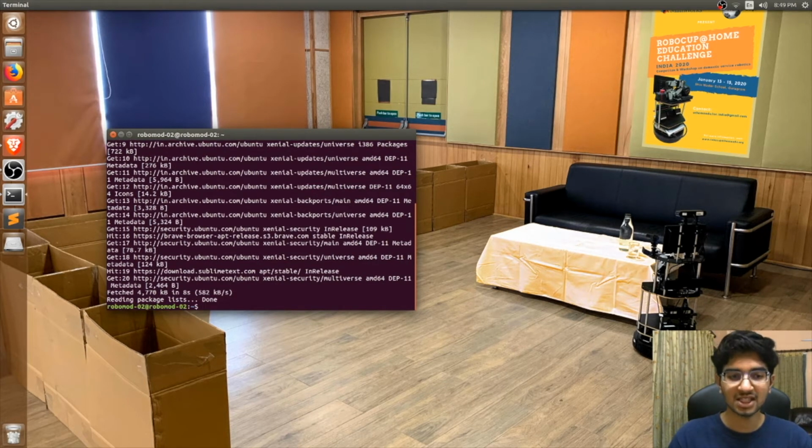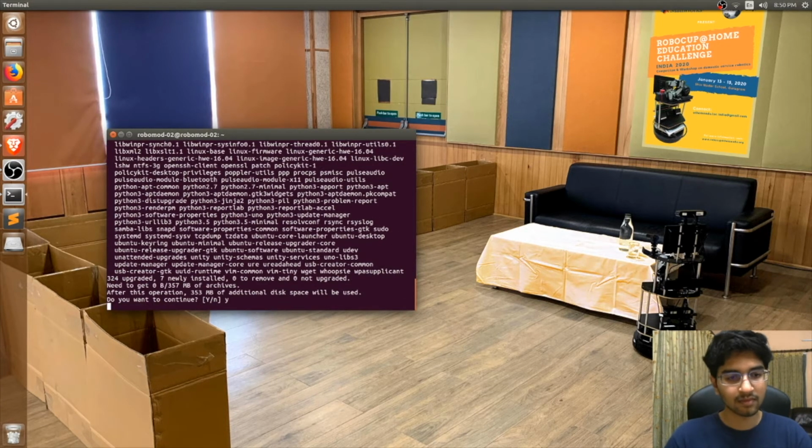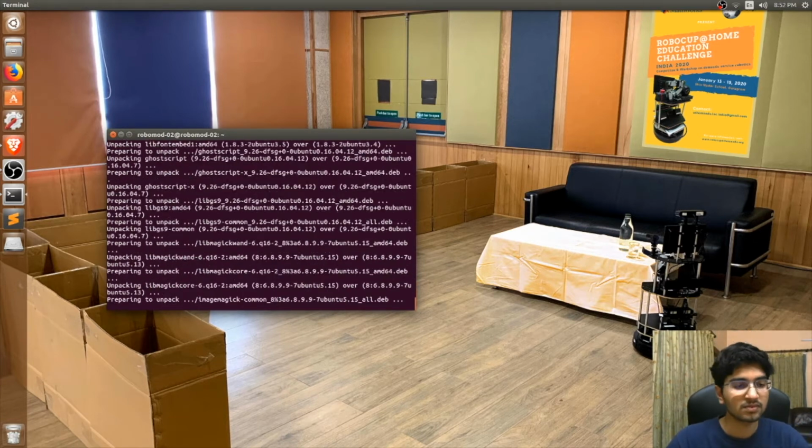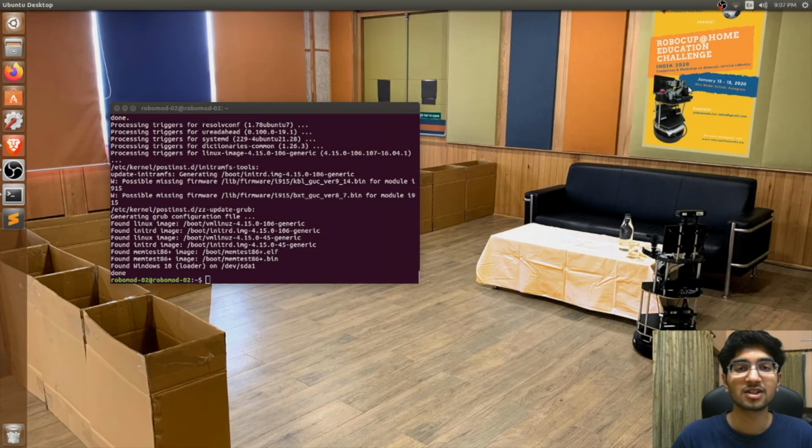Then we type in the next command. Over here, make sure that you have the command dist upgrade. This would make sure that you're upgrading Ubuntu without actually updating to the next version of Ubuntu. Now the updates are complete. When you're running this set of commands for the first time, it might take more than a few minutes.